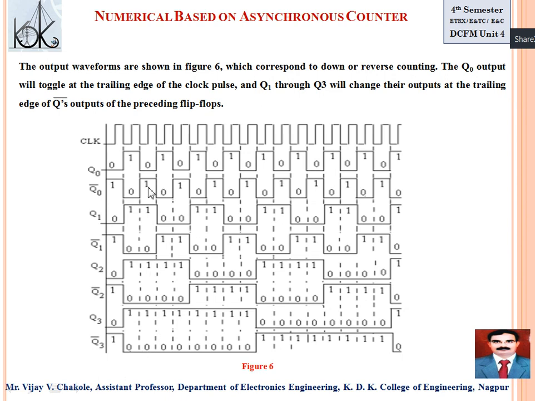On the second output, that is Q bar, the output is 0 0 0 1, the complement of that, right? Here the output is 1 1 1 0, and at the secondary output it is 0 0 0 1. But I am taking output from Q, that's why I have to consider this one as 1 1 1 0. Triple 1 0 is 14. Now you are moving from 15 to 14. So 0 to 15 is 1 clock pulse, 15 to 14 is 1 clock pulse. For moving two states, you require 2 clock pulses.